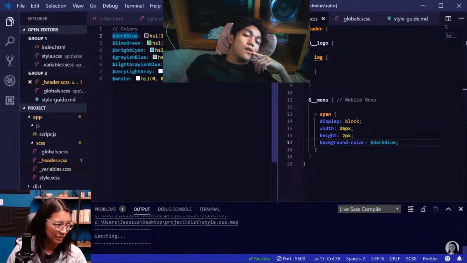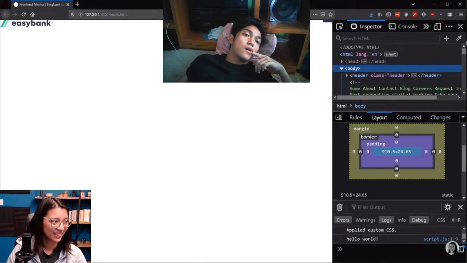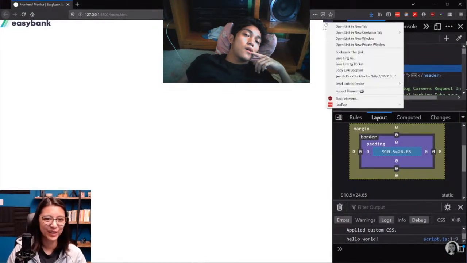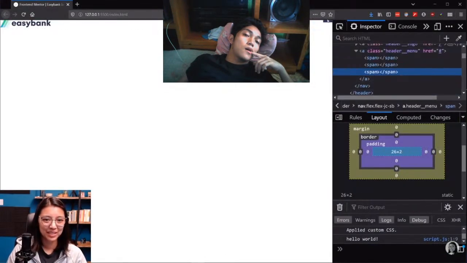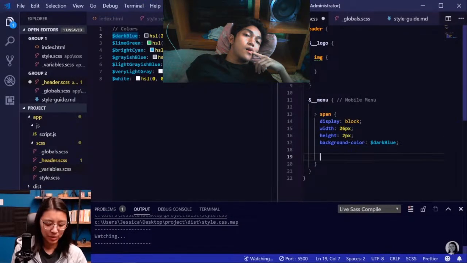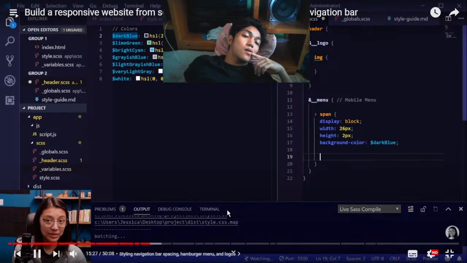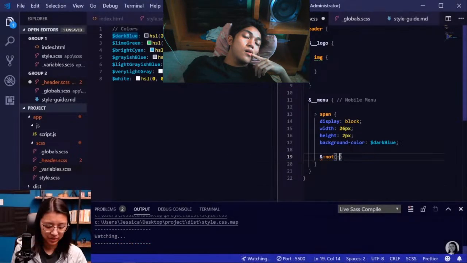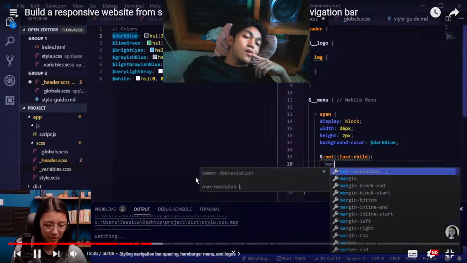Alright, let's see how that looks on the website now. Okay, so it's a little small up here, but we do have our hamburger lines here, but we need to add some spaces between the lines. So I want to add a margin bottom to all the spans except the last one. We can use the not selector, so not last child. And then if it's not the last child, we'll say margin